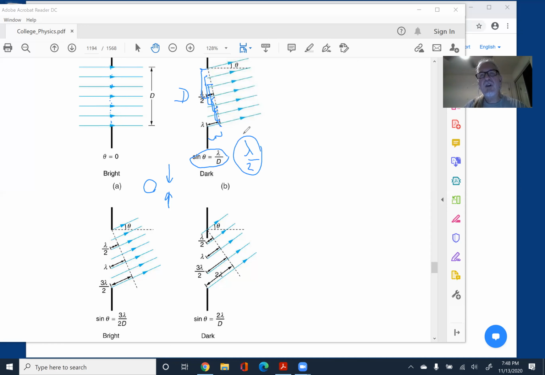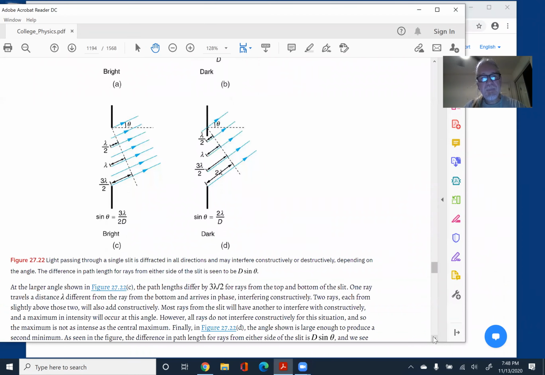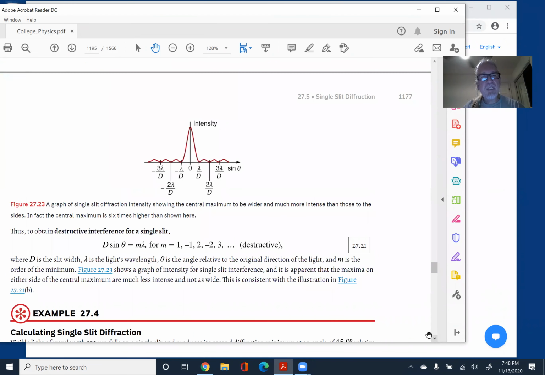So interestingly enough, the formula that gave you the maxima before now gives you the minima. So you have this expression, uppercase D sine theta equals m lambda, is now the condition you require